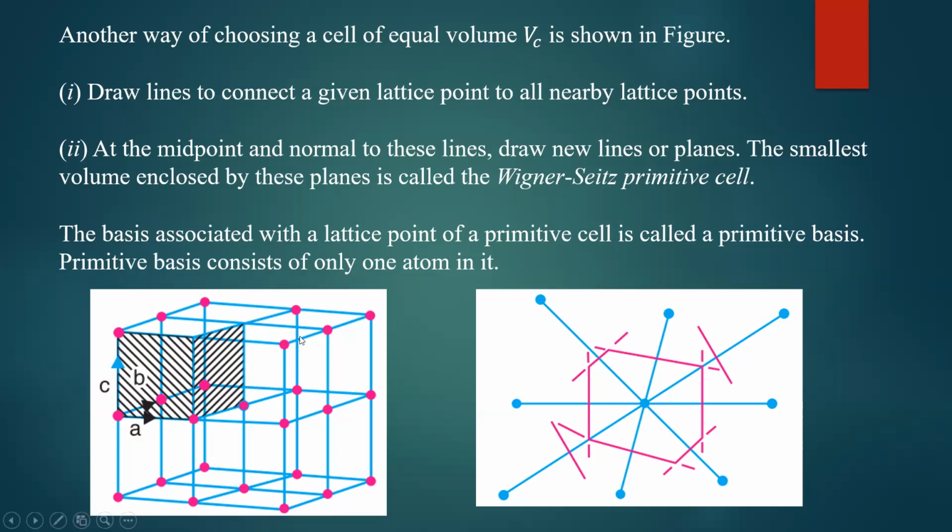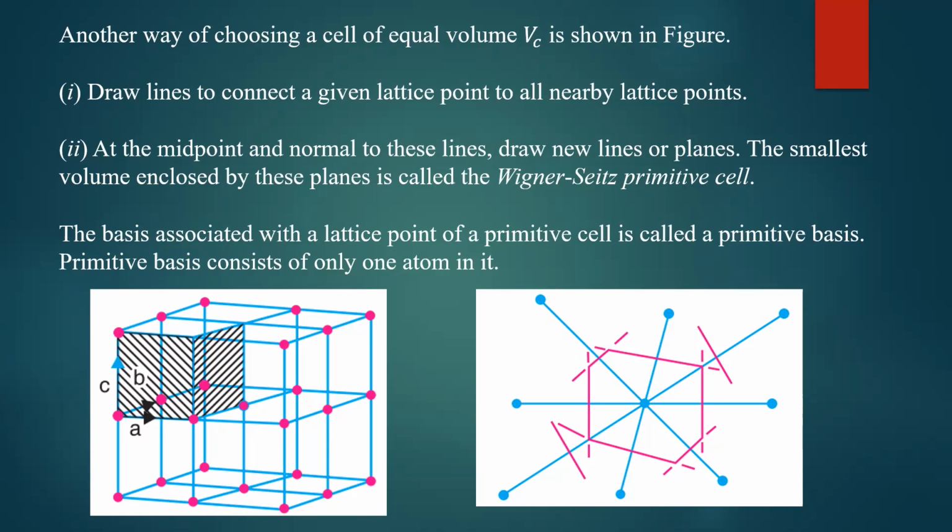So if you replace these lattice points by the basis, then each unit cell contains only one atom in it. Effectively only one atom. Remember, even though if you consider the parallelepiped, it will contain 8 atoms at each corner of it. One corner, one atom, it will occupy 8 atoms, but each atom is shared by 8 unit cells. That's why the effective number of atoms in the unit cell is equal to 1.